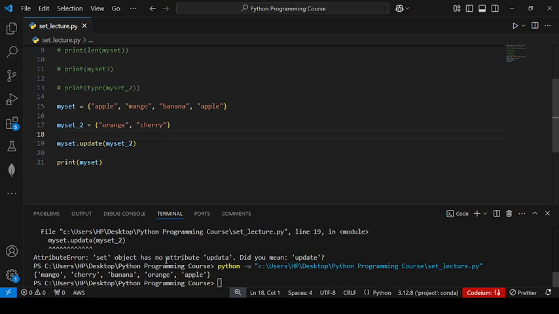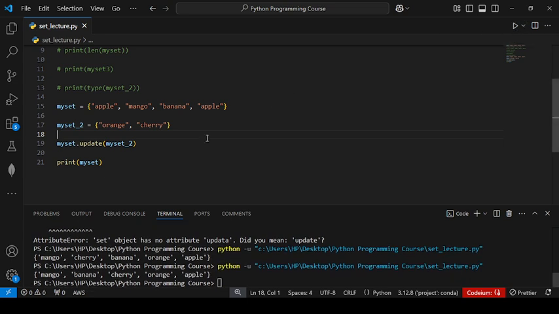You will see the order is changing every time you execute the code. You will see a different order: mango, but cherry here, banana, cherry, orange, apple. So you will see the order is changing. That's why we cannot access through the index number, and we cannot operate slicing as well. So we have studied how to use the add method. If I want to add a particular item, use add; if I want to add a set of items, we can use the update method.